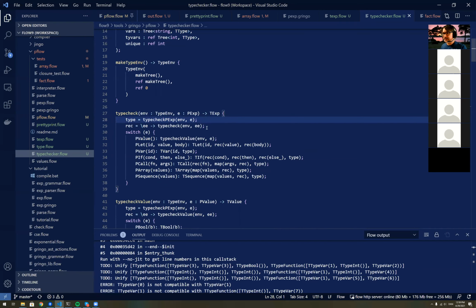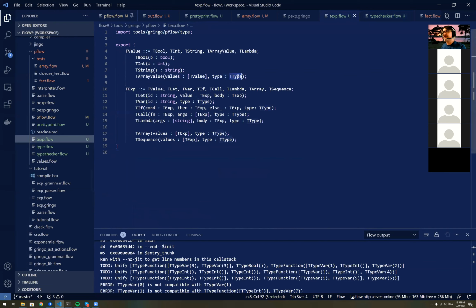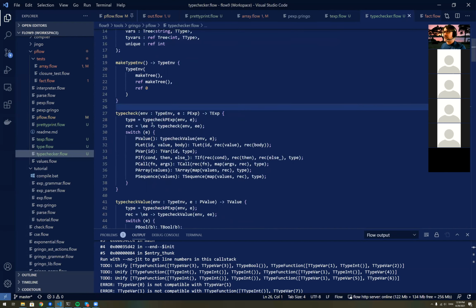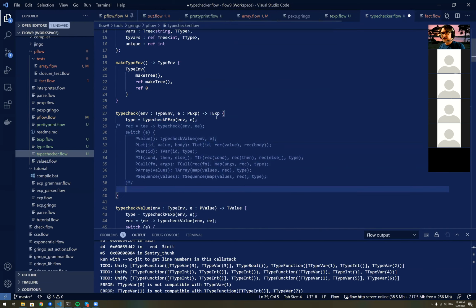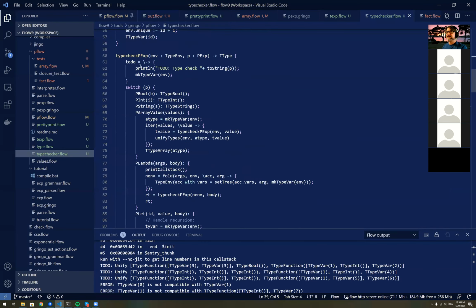So the way to do it is that if you remember this expression here, we have a type in each of these. So what we do is construct a type variable for each of them, and then we call the type checker, and then we can recursively extract them. Then it'll work. Okay? So, to validate that, for now we'll just type check the entire thing, and then